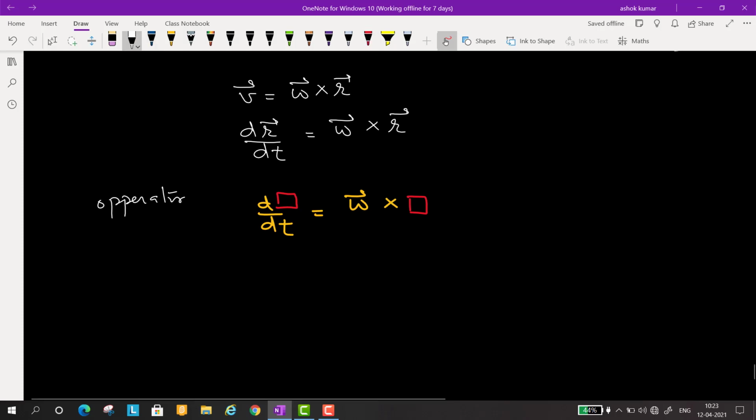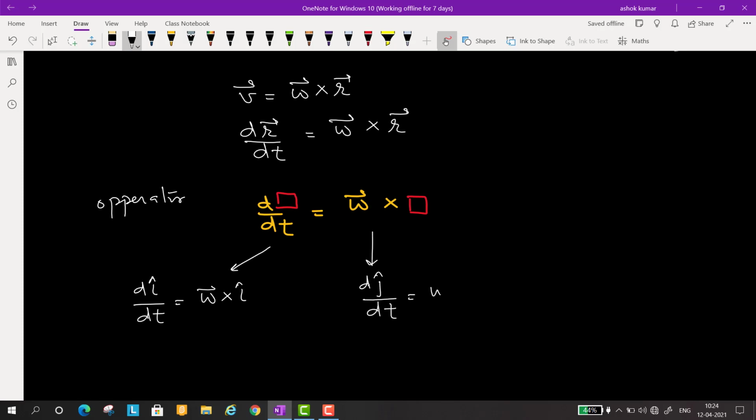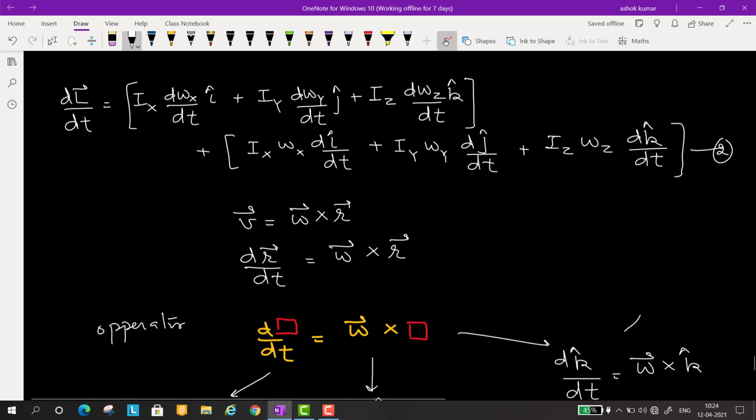So applying this on i cap, we will get, on j cap, on k cap, so substituting all these values here, so we will get